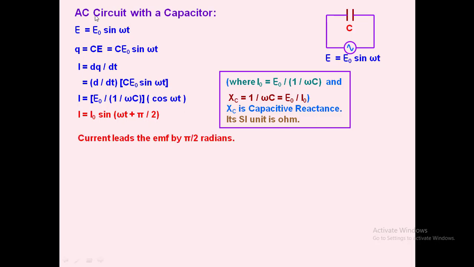Now here if you see, the expression for EMF is E naught sin omega t, but for current it is I naught sin omega t plus pi by 2. So there is an extra term. By comparing these two terms, EMF as well as current, we can clearly say that current is going to lead EMF by an amount pi by 2, because it is plus pi by 2, so it is leading. Whereas in an inductor the current is lagging, here in the case of a capacitor it is leading, by how much? 90 degrees.